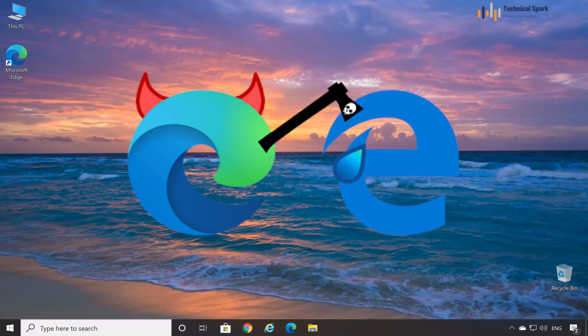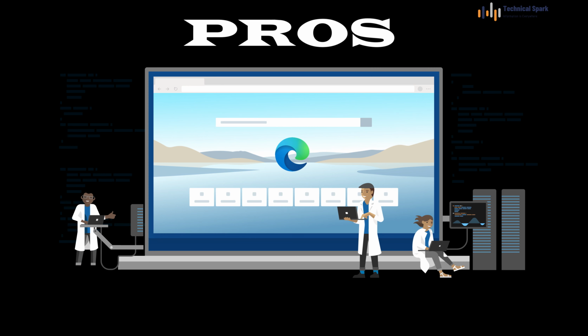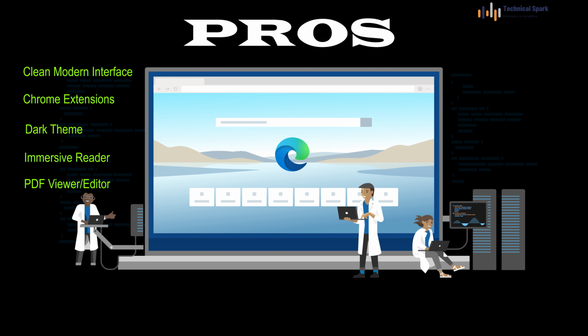So is Microsoft Edge a good browser? The answer is yes, and it's quite a bit better than the previous version of Edge. Let's go to the pros first. It has a clean interface and extensions can be added to enhance the functionality, such as a dark theme, and many useful features, which include Immersive Reader, PDF viewer, tracker prevention. Also, testing memory: Edge uses 40% less RAM than Google Chrome, with no extensions added and 6 tabs open. So if you are using Chrome, it is worth switching to Edge.